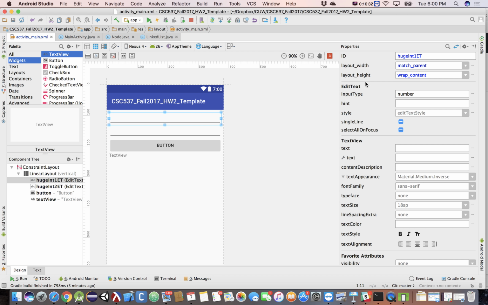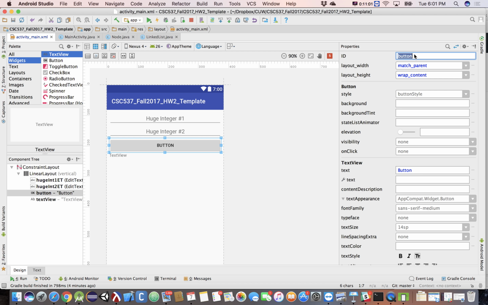And then we're going to call this guy huge integer number 1 for the hint. This guy will be huge integer number 2 for the int. And then let's go ahead and make both of these guys centered. So we'll center the text there. We'll center the text here. All right, and this button will say add